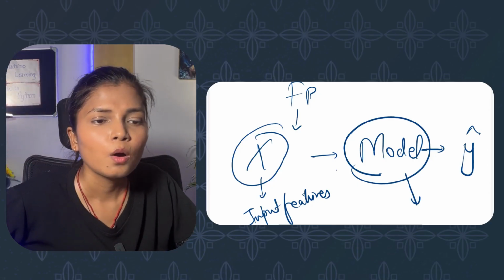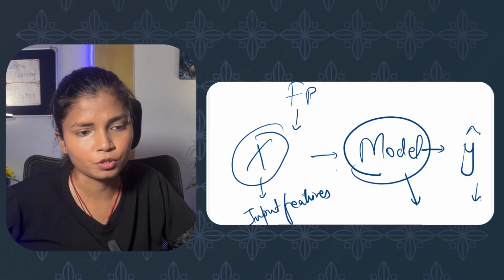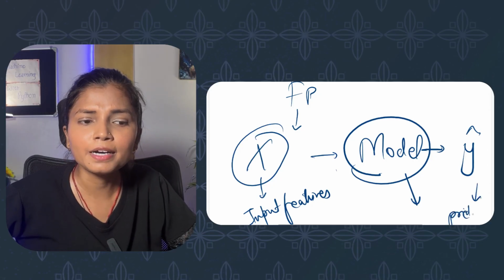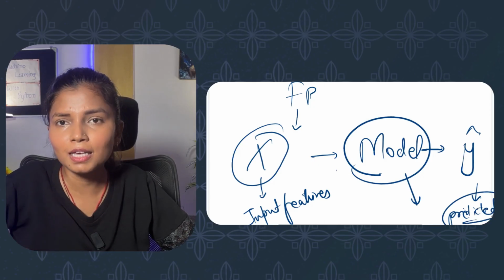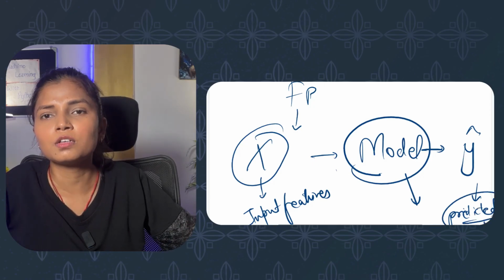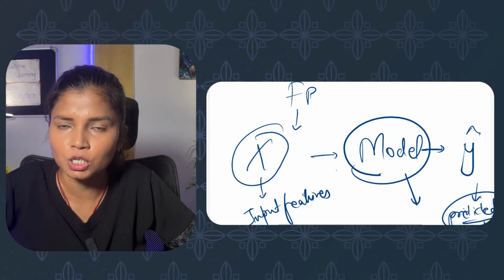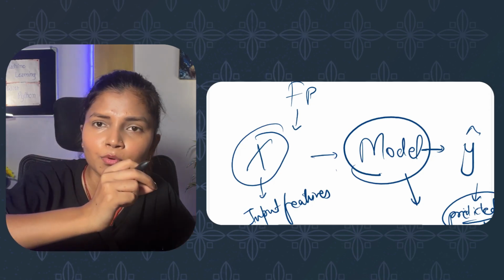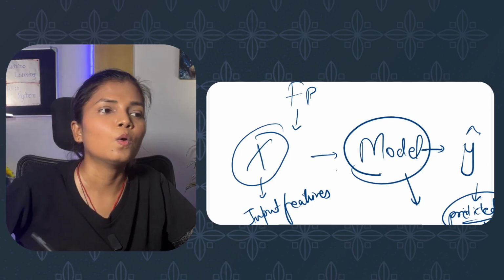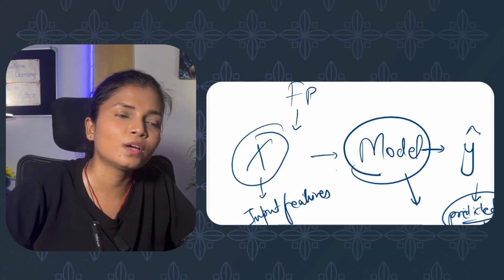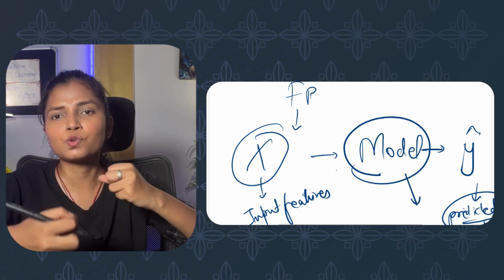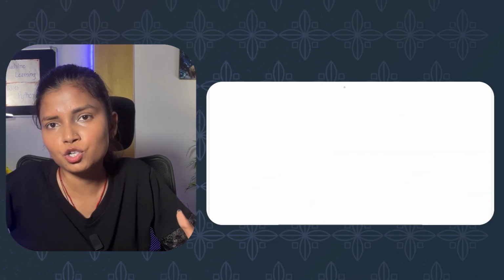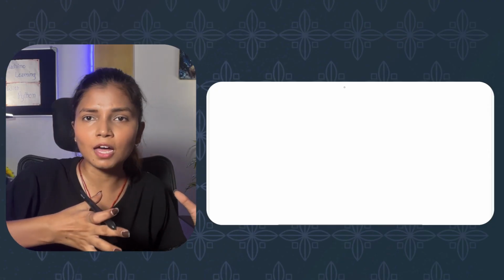What is Y hat? Y hat is the predicted output. Predicted output means the model's prediction with respect to that particular observation. An observation is a single row, so depending upon the single row, the single input feature, it is going to predict. This is what happens in the forward pass. Whenever any model starts its training, it takes random initial values at the beginning, and those random values will be updated in